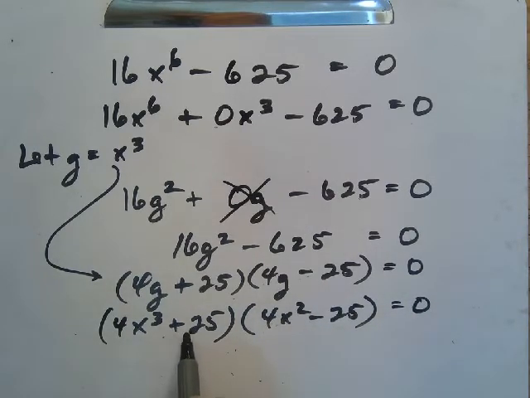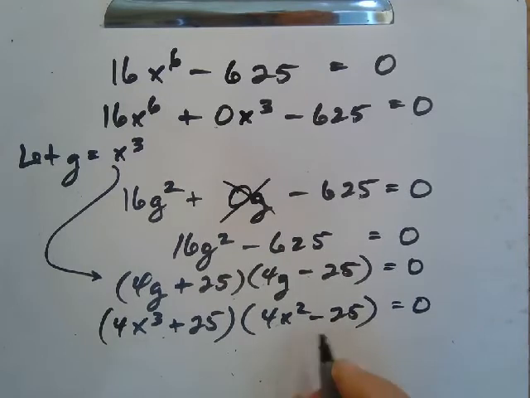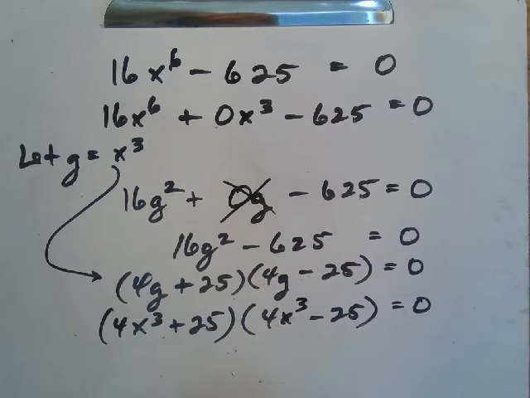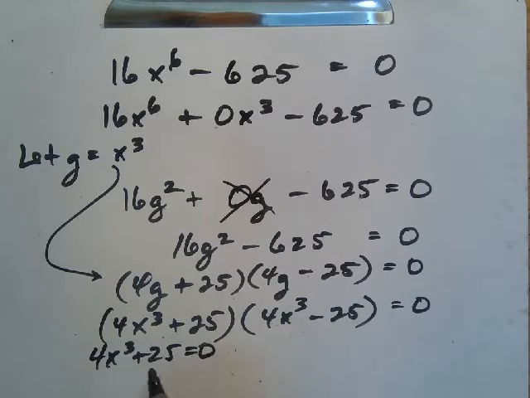This one we can solve using the cube root property, and we're going to do that here, but this one, this is supposed to be cubed here. Okay, this is not the difference of squares, and we can solve both of these using the cube root property. So what I would just do is, okay, if we set it equal to 0, and then go ahead and move the 25 over to the right and